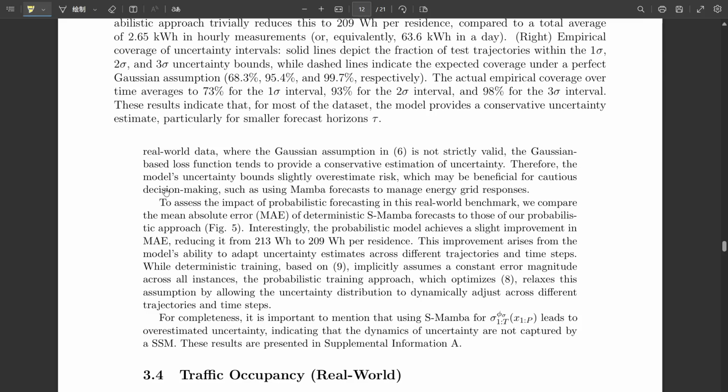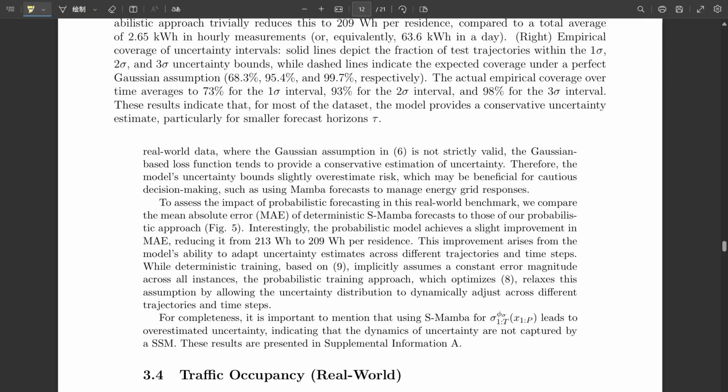So it's maybe overestimating the uncertainty slightly, especially in that central region. That actually sounds potentially useful in practice, right? Better to be slightly cautious. It often is, yeah. Especially in areas like energy grid management or traffic control, where underestimating potential swings could be costly or dangerous. This slight conservatism, while not perfectly statistically calibrated, can be a desirable feature for risk-averse decision-making.